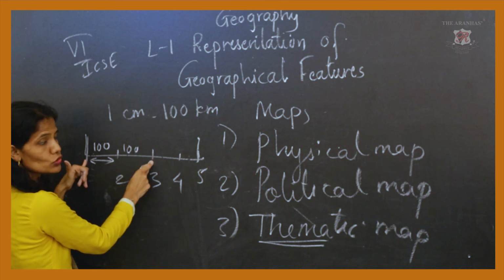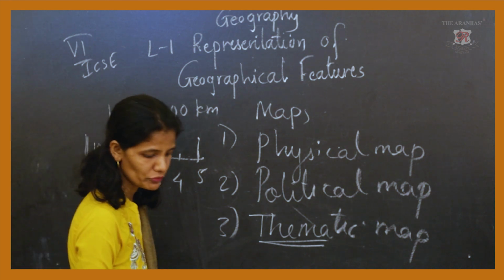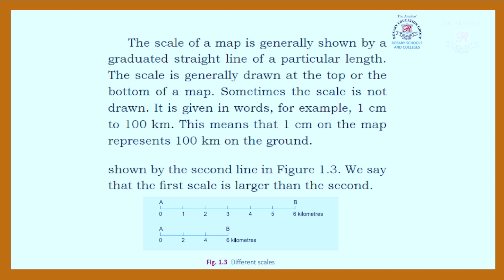So this much is 200 kilometer. That is the calculation which is there. You can see over here in the slide also it is mentioned A and B is given there, where 0, 1, 2, 3, 4, 5, 6 it is written as a kilometer. And secondly, you can see down A and B. Here it is a different scale. It is 0, 2, 4, 6. So these are two different scales. Picture is given over here. That is a different scales. Small scale and large scale.